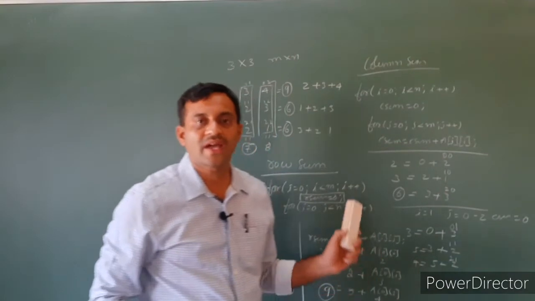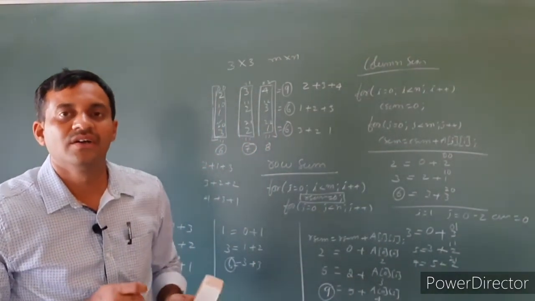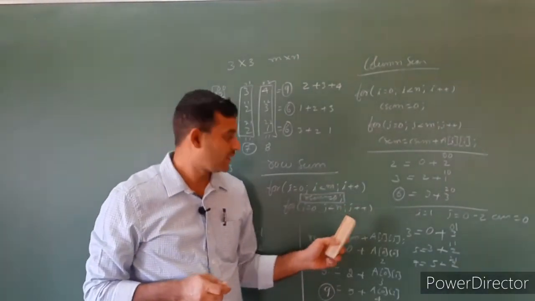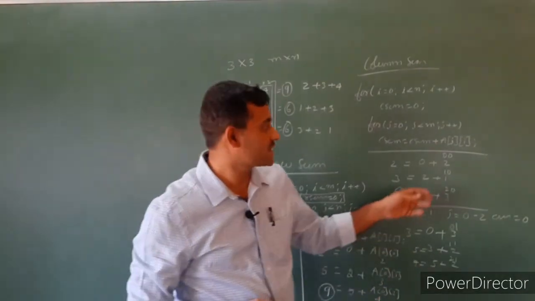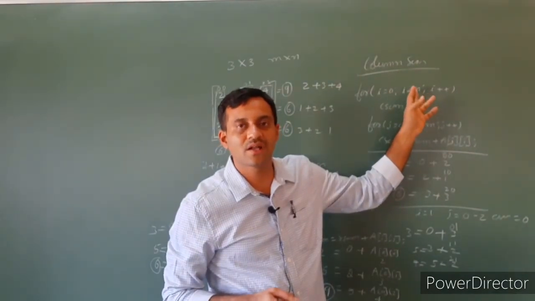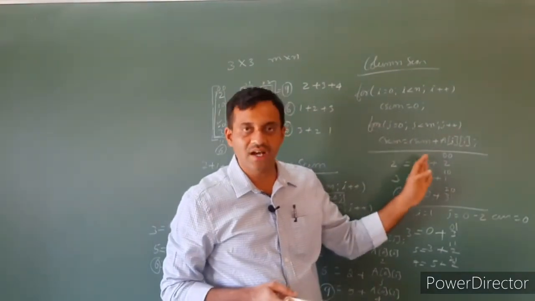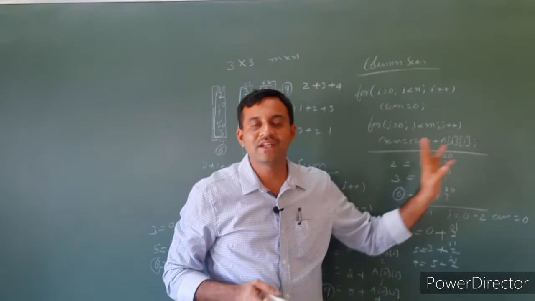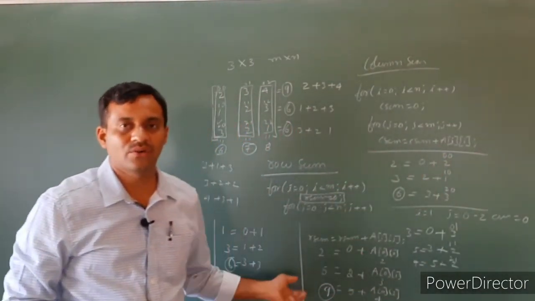So like this we have to access all the column elements. This is the logic for column sum. In a row sum, the orders are the same, m and n, and the index values are also i and j. But for the column sum, we have to interchange the order of the matrix. First we write the column size, then the row size. And to access the array elements, first we write the j index value, then the i index value. Then finally print column sum and row sum.